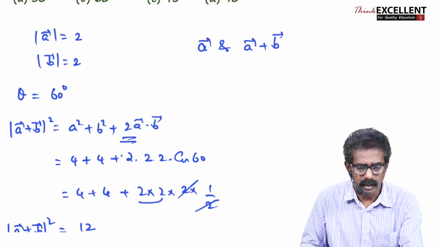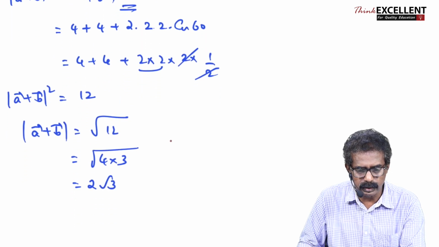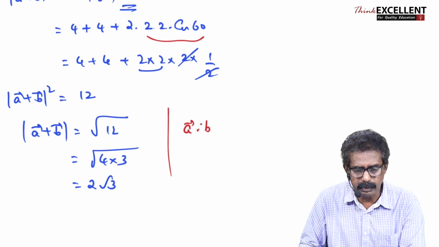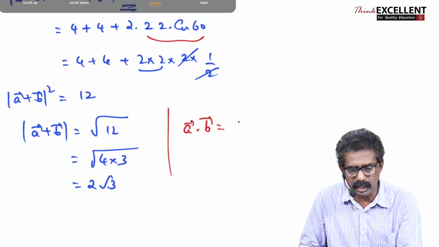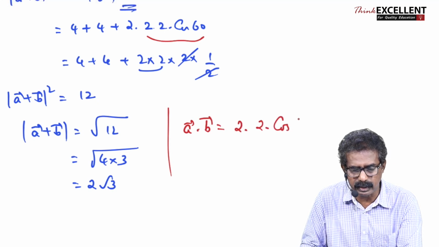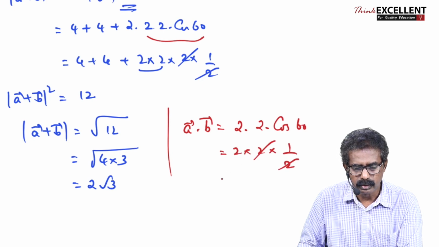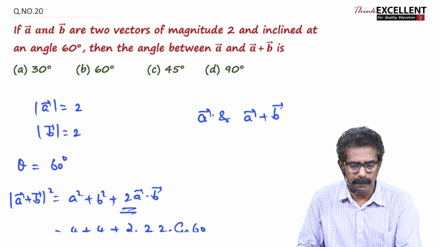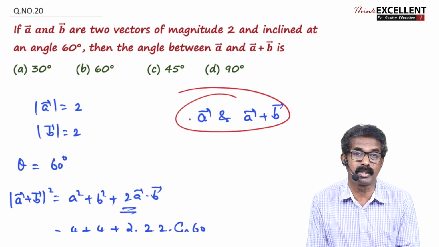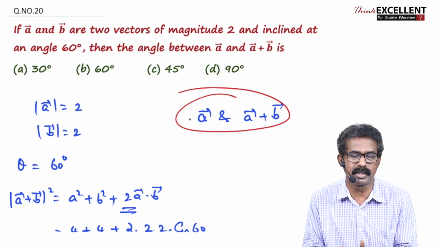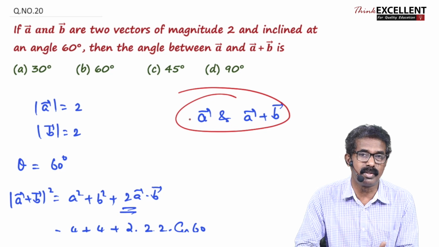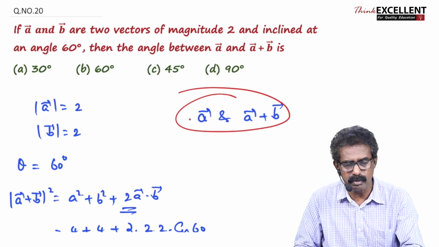This we need. Then A dot B also we need, but we already got it here. This is A dot B. A dot B is equal to AB cos theta, so 2 into 2 into cos 60, so that is 2. Why are we finding all these things? You need this. Please listen here. We want the angle between two vectors. What's the formula to find the angle between A vector and B vector? Cos theta is A dot B by modulus A into modulus B. Theta is equal to cos inverse of A dot B by modulus A into modulus B.